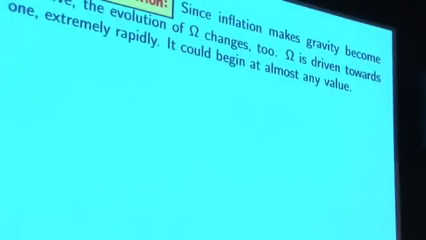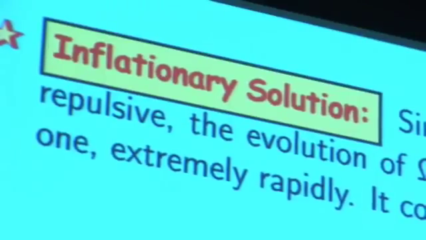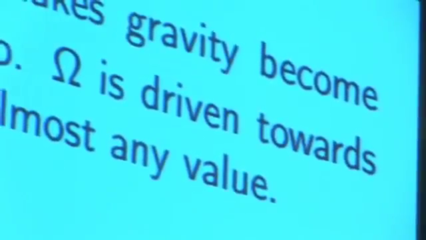The inflationary model solves that because during inflation, gravity behaves very differently. It behaves repulsively, and that turns all kinds of things around. And in particular, it turns around the behavior of omega. So instead of omega being driven away from 1, during inflation, omega is driven towards 1. And it's driven towards 1 with incredible rapidity. So a very short period of inflation, like the one we talked about, 65 e-folds, is all that you need to arrange for omega to be as close to 1 as it needs to be,